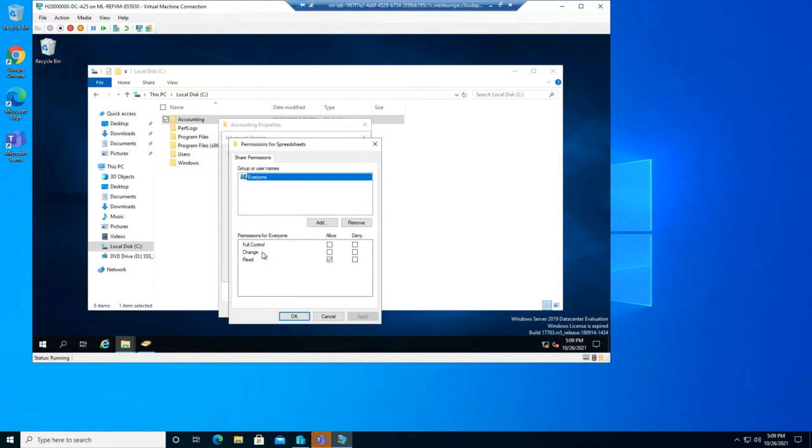Here I can decide who can do what. First of all, I don't want everyone to be able to read this file, so I will remove everyone. So here I highlight everyone and then I remove it. Okay, because I want to secure my file. And then I want to add